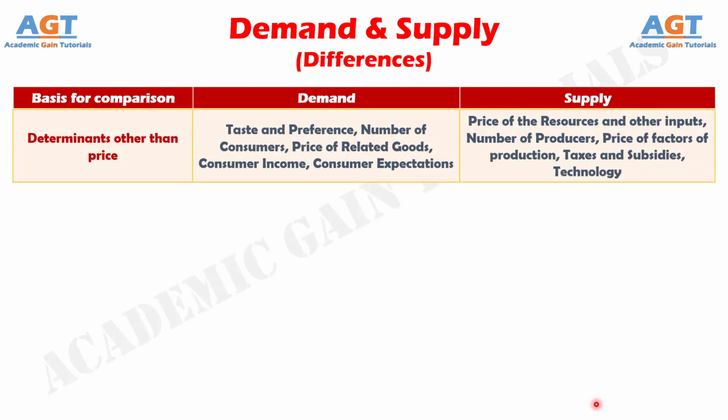And difference number 6. Demand for a product is influenced by 5 factors: taste and preference, number of consumers, price of related goods, consumer income, and consumer expectations. In contrast, supply for the product is dependent on price of the resources and other inputs, number of producers, technology, taxes and subsidies,